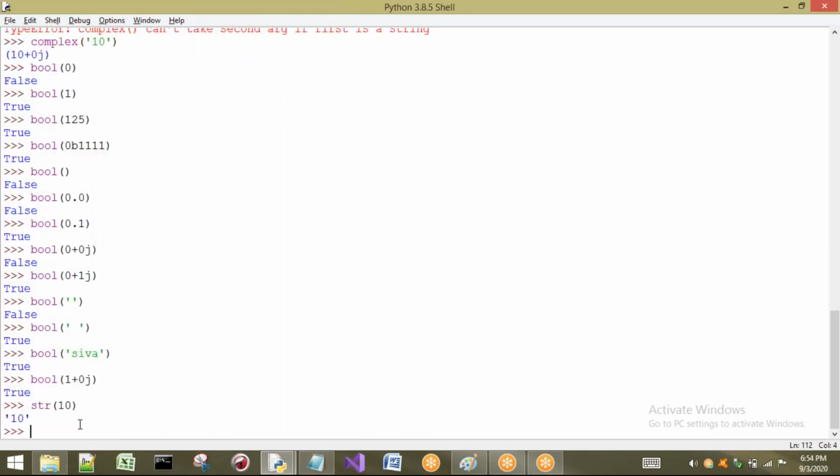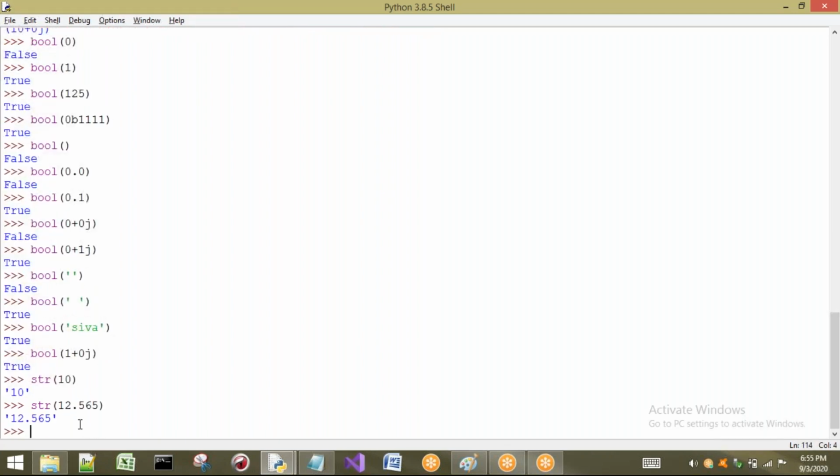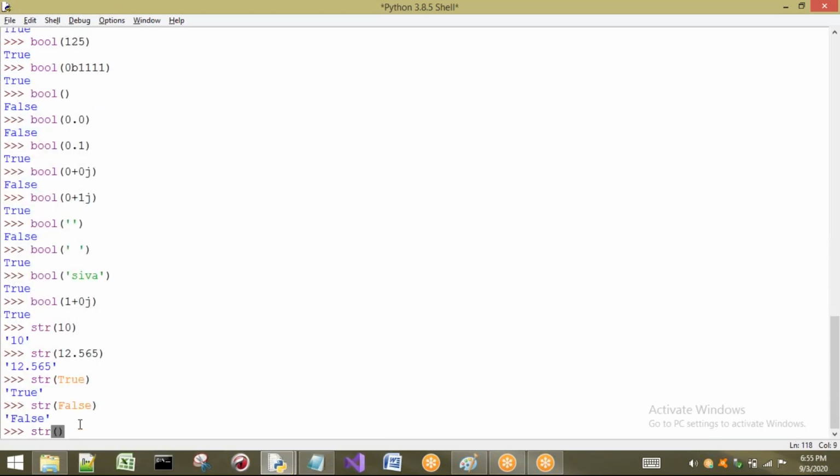It is going to convert whatever you write inside the brackets and give you just single quotes. Next, float is converted into string. Now I want to take Boolean. It just places single quotes. So str of False, I will take False also. What is it going to make? False. Now see here, if I am going to take something, what is this? Is it a string? Is it a complex? Is it an int? Is it a float? We don't know.